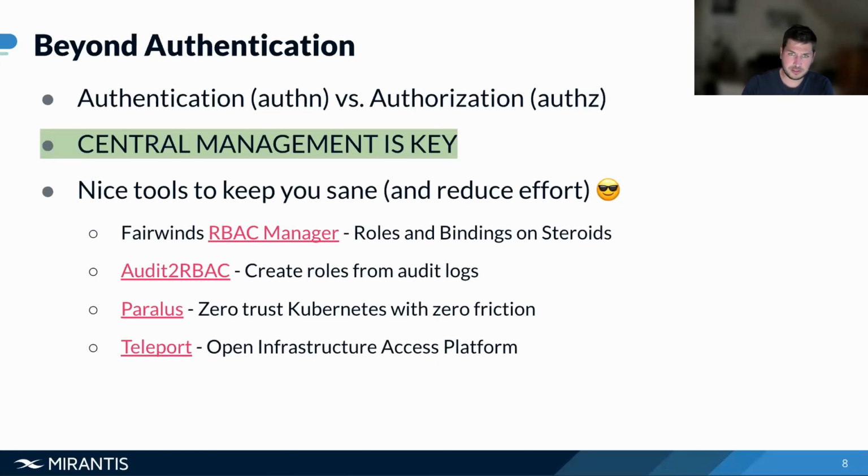Except you want to have a hard life, I guess. Also, authorization. It doesn't make much sense if you have in every cluster different roles for different users. You enter configuration hell, let's call it, and you will hardly find a pattern that will work for you in the long term. So I tell you, try to really establish a central approach in managing your users,